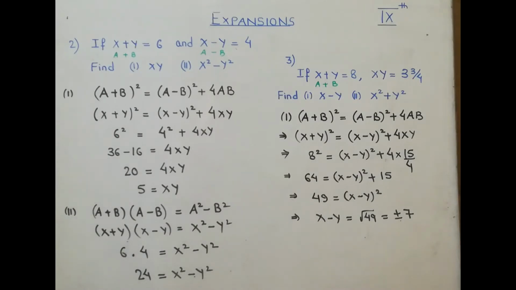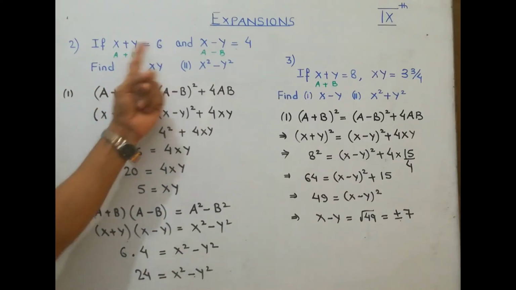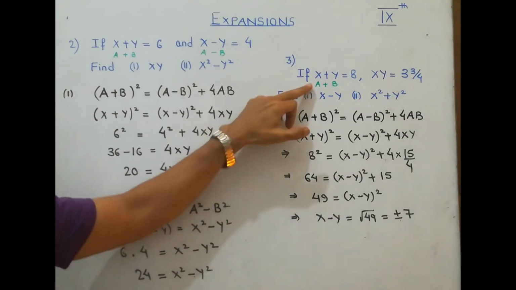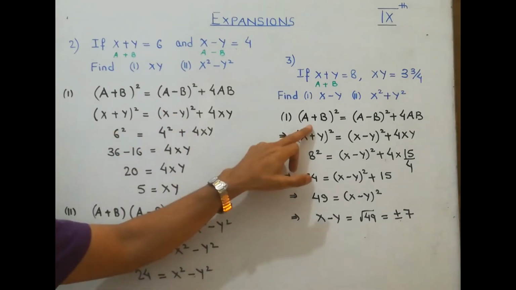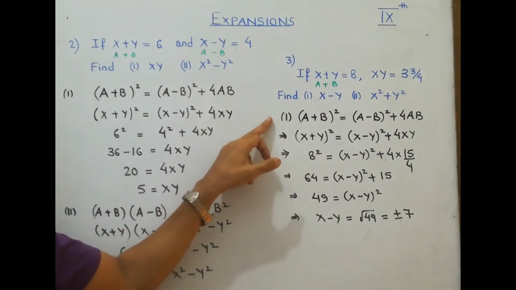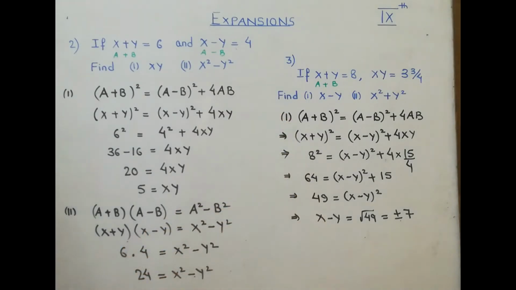See the calculation that we have done. In the question a plus b was given and we were asked to find a minus b. Now remember, in any question if a plus b and a minus b are to be related, like in the previous question, here also a plus b is given and a minus b is to be calculated. So whenever a plus b and a minus b are to be related, you will be applying this formula, and then substitute the values and you will get the result. This is the first part in which we were asked to calculate x minus y.